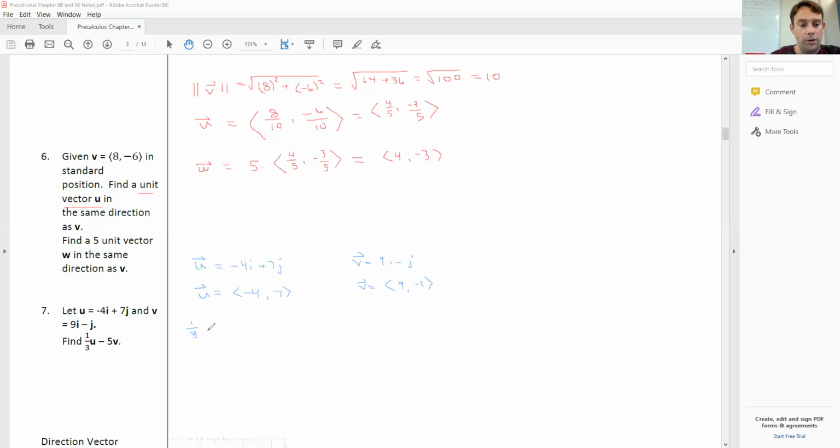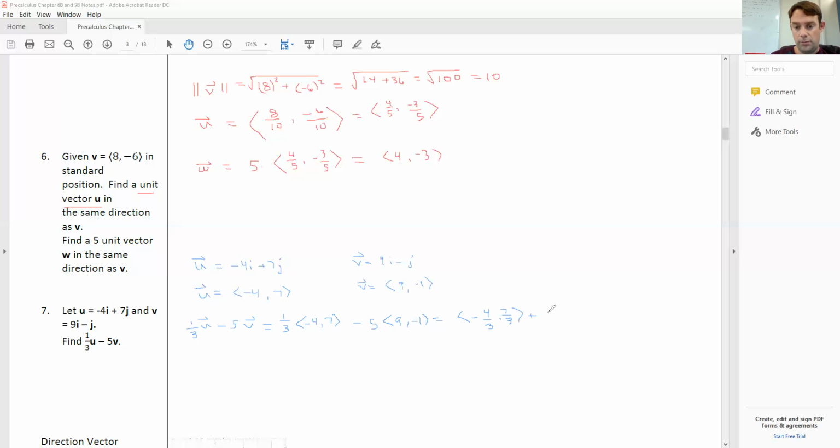So 1/3 U minus 5V, that'll be 1/3 times -4, 7. Minus 5 times 9, -1. And we end up with -4/3 and 7/3